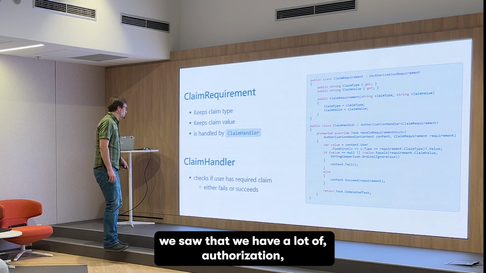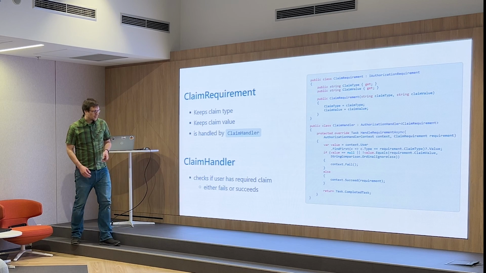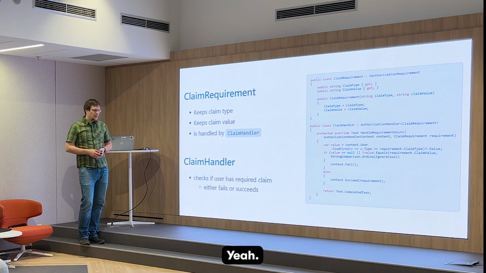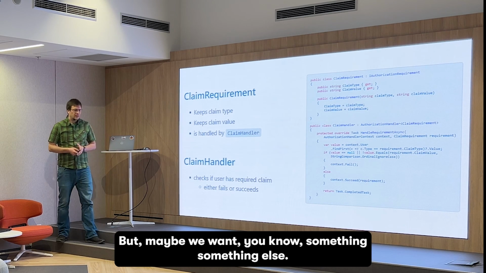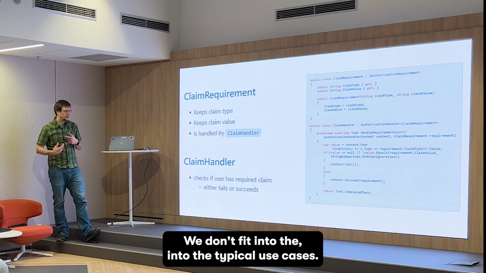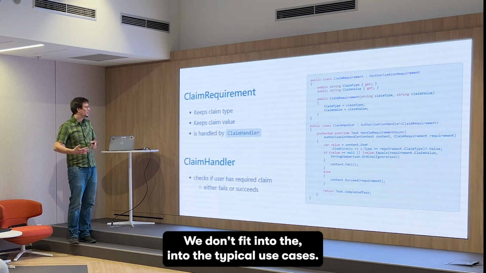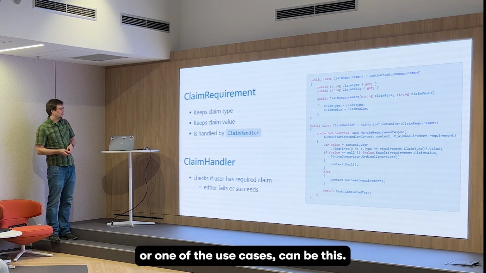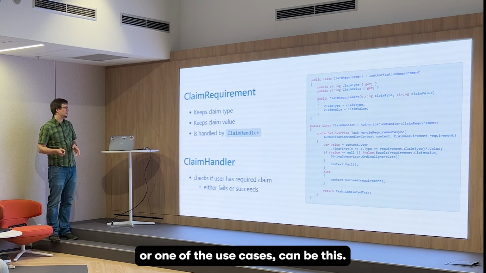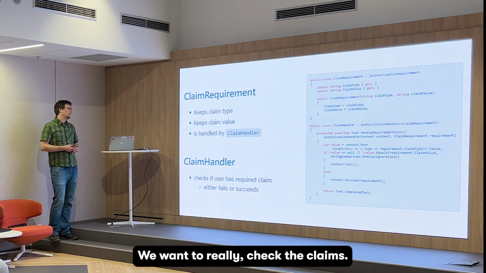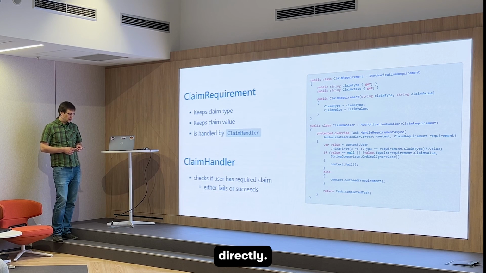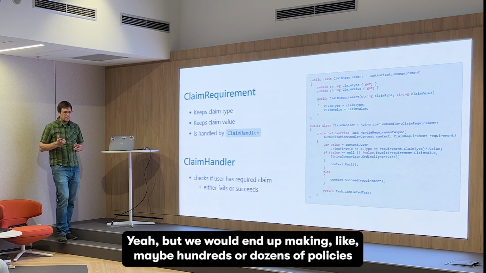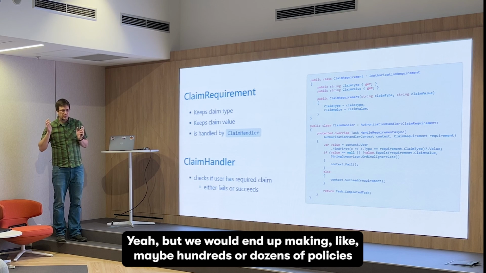So we saw that we have a lot of authorization attribute options out of the box, and that's great. But maybe we want something else, and we don't fit into those typical use cases. One of the use cases can be this: we want to really check the claims directly. Maybe we can create a policy for it, yeah,